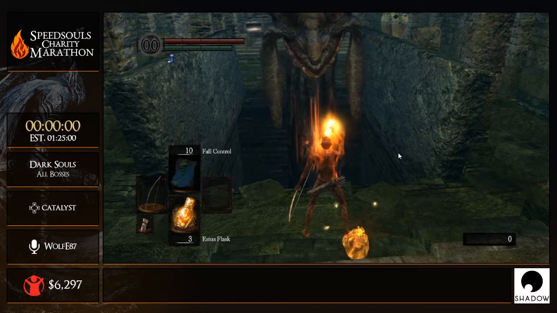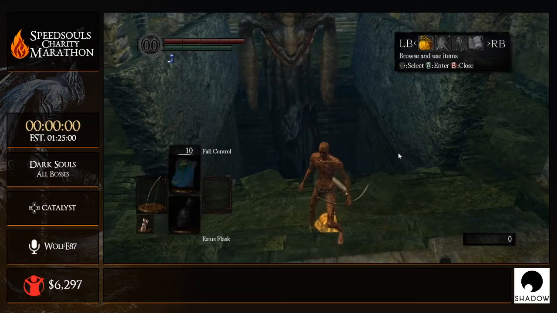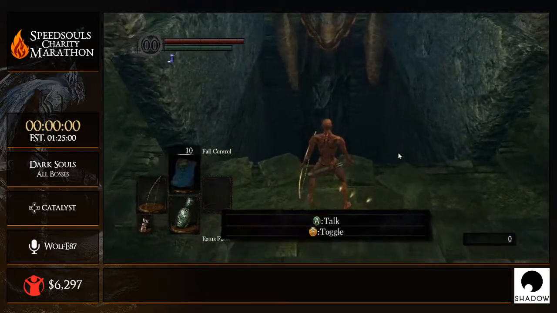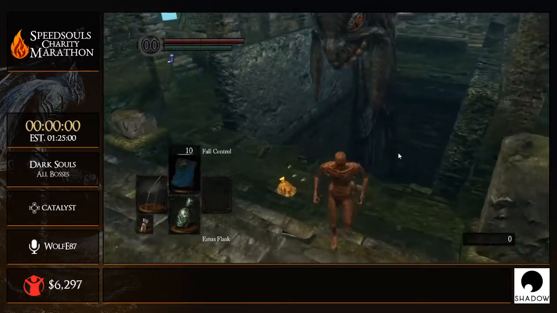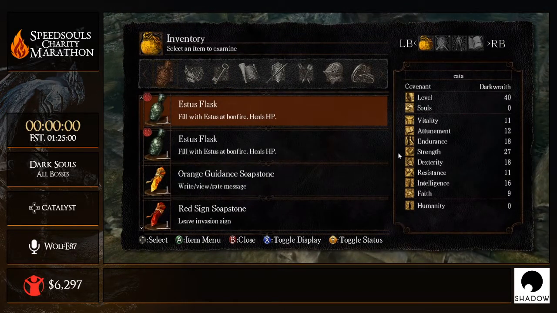Yeah, that's a good boy. Now I should be able to pick it up. Or am I wrong? I'm probably wrong. Well, whatever. So basically, this is how you can dupe Estus flasks. Super cool. Now, as if that wasn't enough, I'm actually gonna go ahead and combine the two techniques that I've